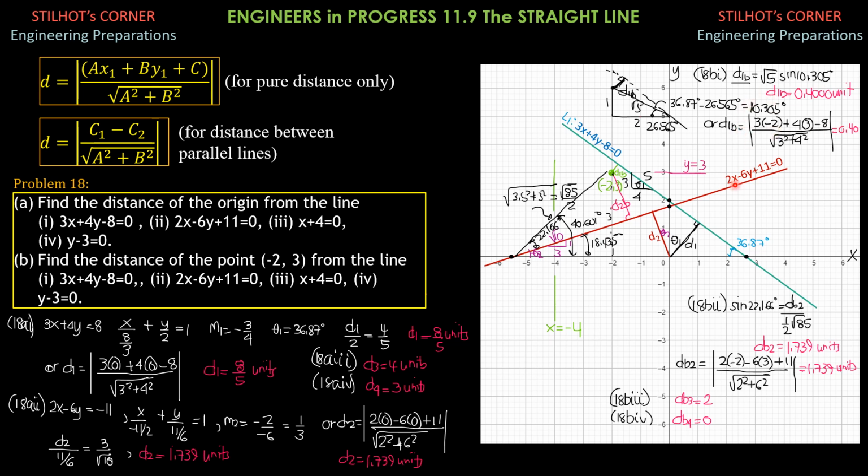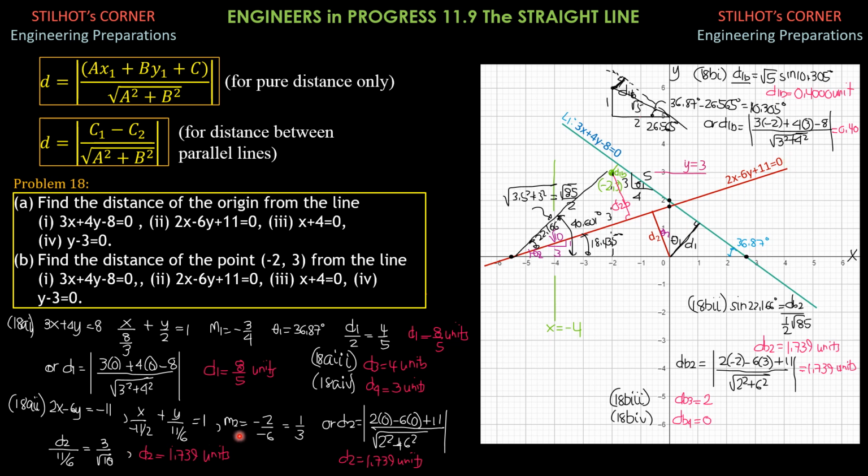So 2 solutions. Next, distance of this point from this line. The slope of this line is, writing it in intercept form first to plot, 2x minus 6y equals negative 11. Divide everything by negative 11. So x over negative 11 halves plus y over 11 over 6 equals 1. The x-intercept is negative 11 halves or negative 5.5, which is this point. The y-intercept is 11 over 6 or 1 and 5/6, which is that point. Then this is the line 2x minus 6y plus 11 equals 0.